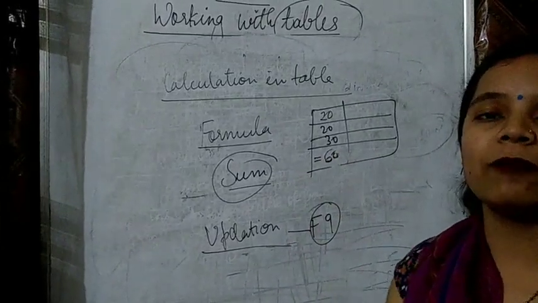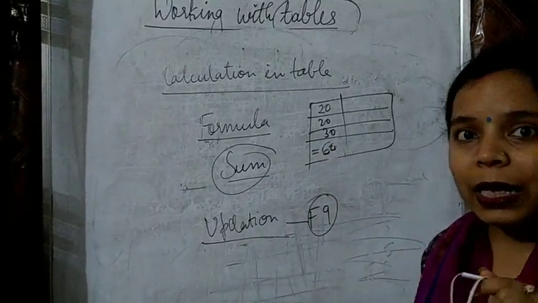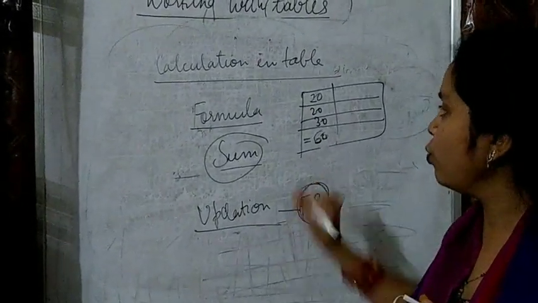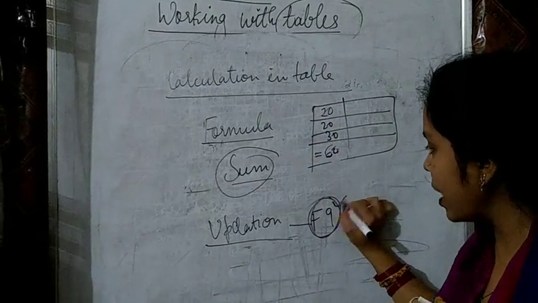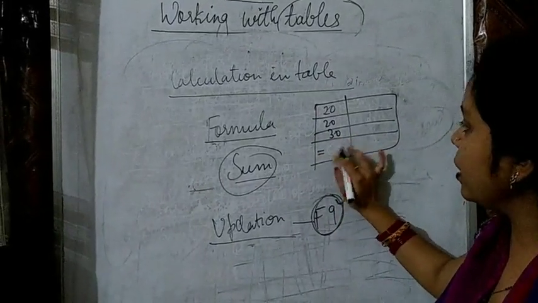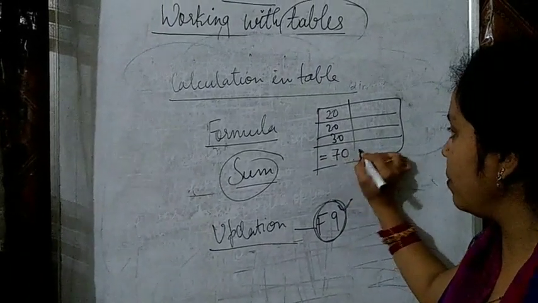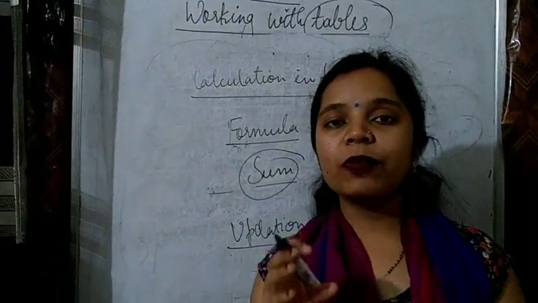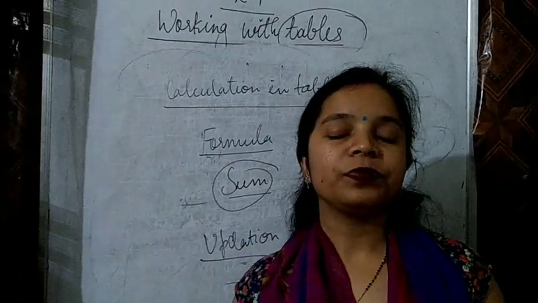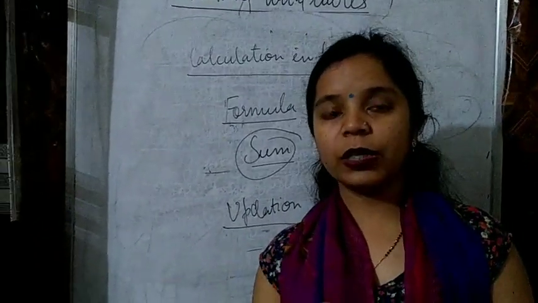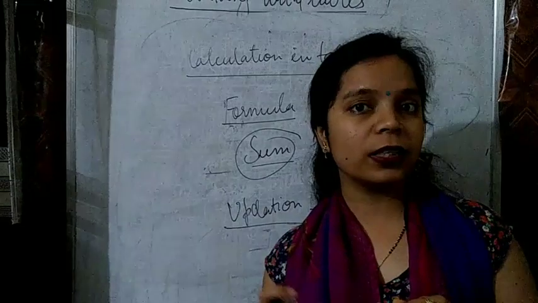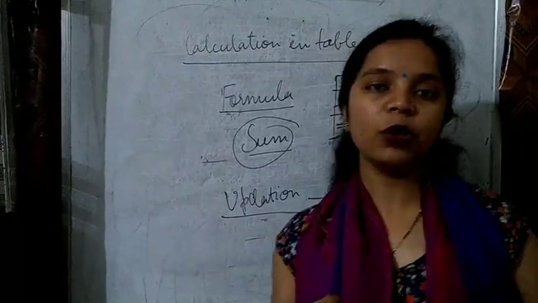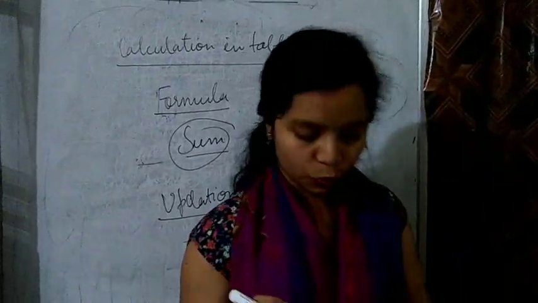For that you don't have to do it on your own. In MS Word, this facility is given. You select the values and press the F9 key, and you will see the sum is corrected automatically. If you change any values where you have applied the formula, it will update the sum. Now see on the laptop how you do it.